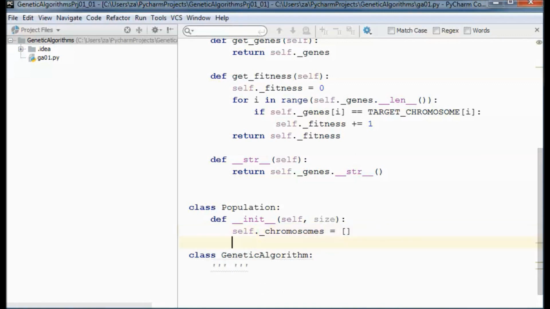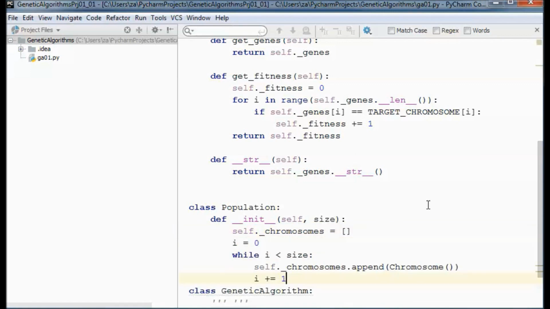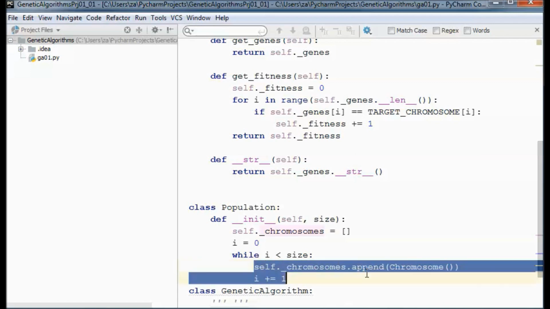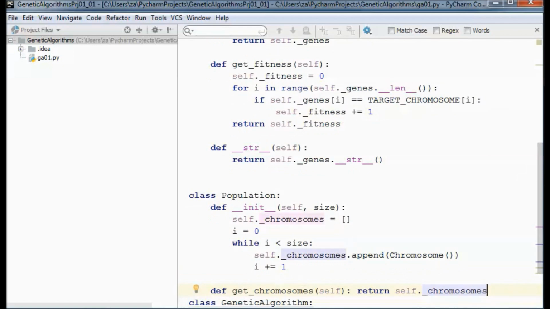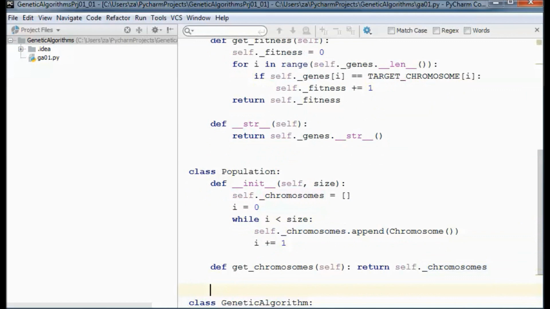So I will have a while loop, and instantiate new chromosomes and put them in the array. And I need a get method that would return this private chromosomes array. And this will do it for this class.